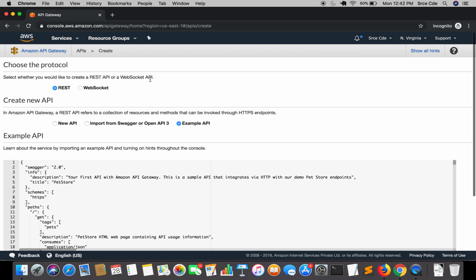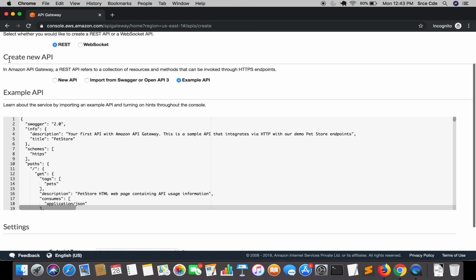So where can we use a REST API and where can we use a WebSocket API? I would like to give you an example. We can use a REST API when, for example, we want to expose and manipulate the backend data to be used by any web application or mobile application to get, put, post and delete data. Now, WebSocket APIs are often used in real-time applications such as chat applications, collaboration platforms, multiplayer games, and so on. So here we are going to select REST API, and not the WebSocket API.